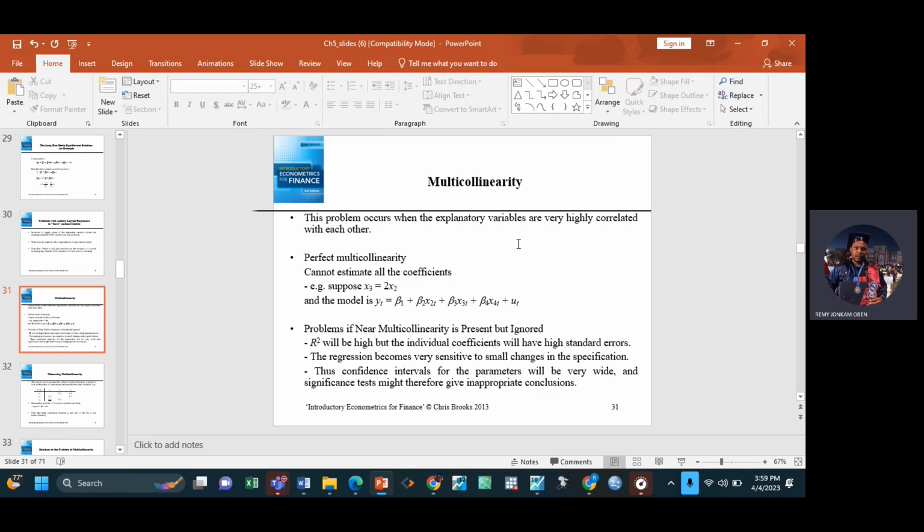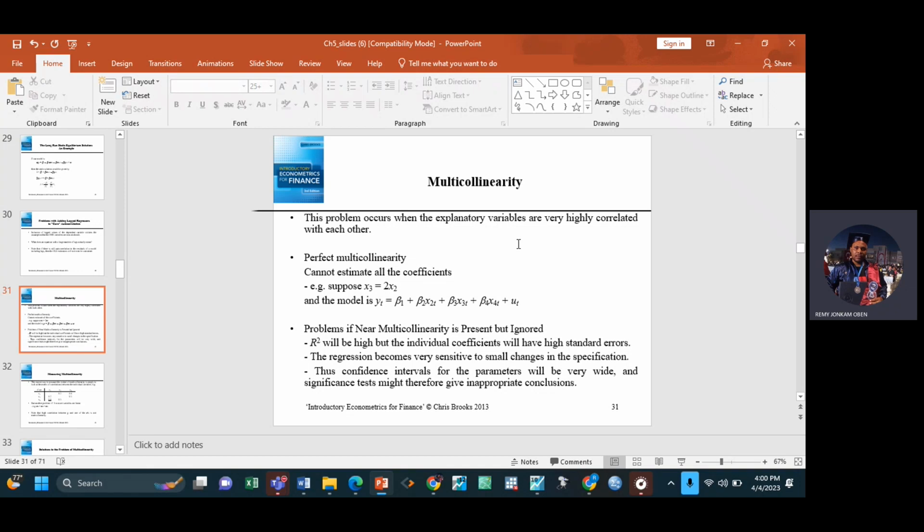I'll show you. With a VIF, what's the rule of thumb? Your VIF should not be high. It should not be more than 10. In some sources, they are even more conservative and tell you that it should not be more than 5. But I was also taught that it should not be more than 10. So if your variance inflation factor is really high, more than 10, it gives you a hint of multicollinearity.